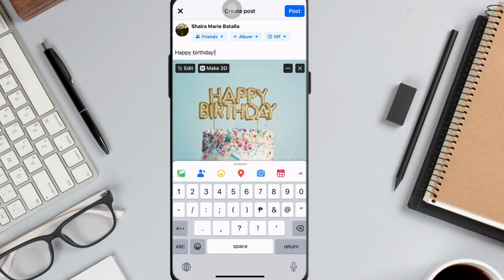And that's it. You've successfully posted a photo on Facebook, and your family and friends can now like, comment, and share your special